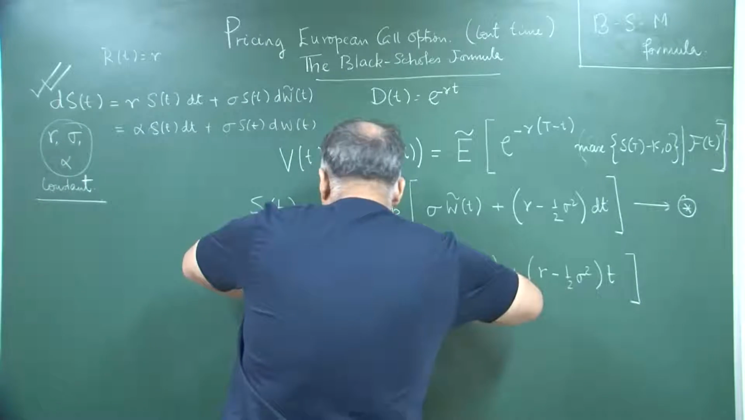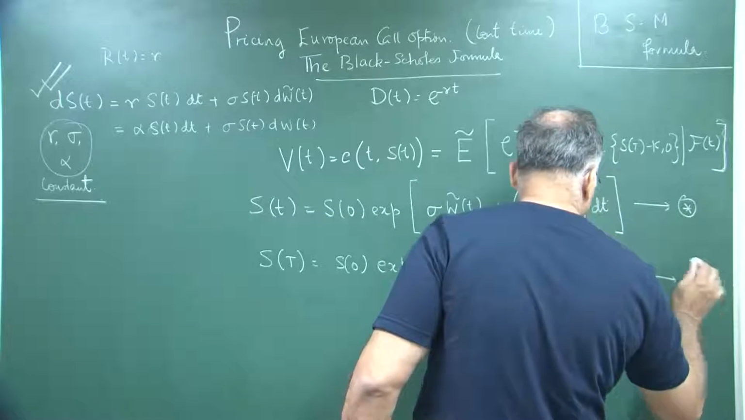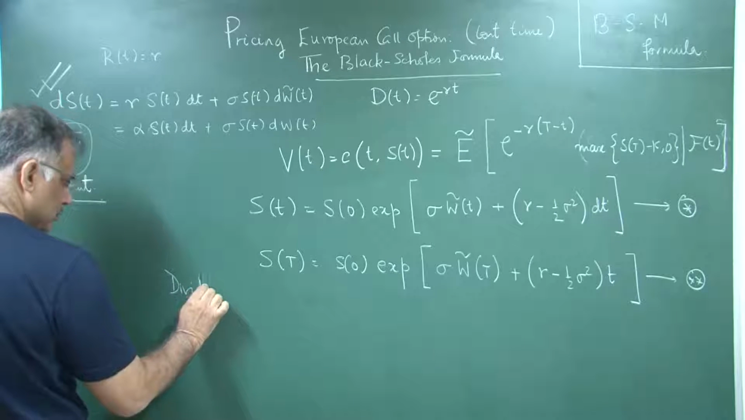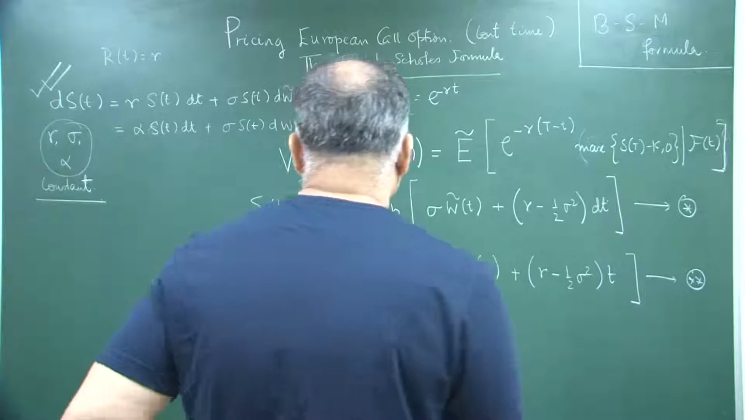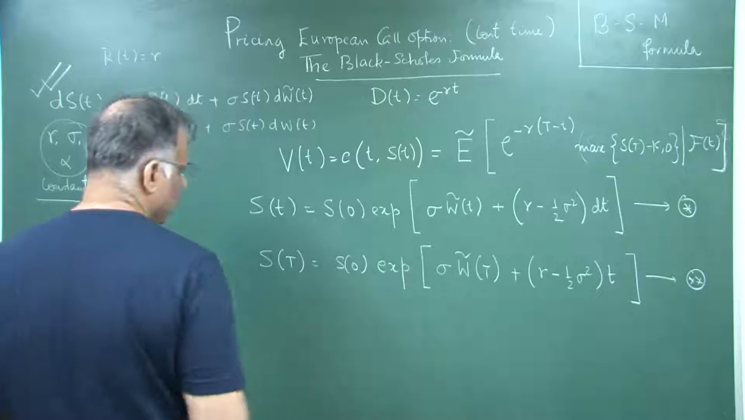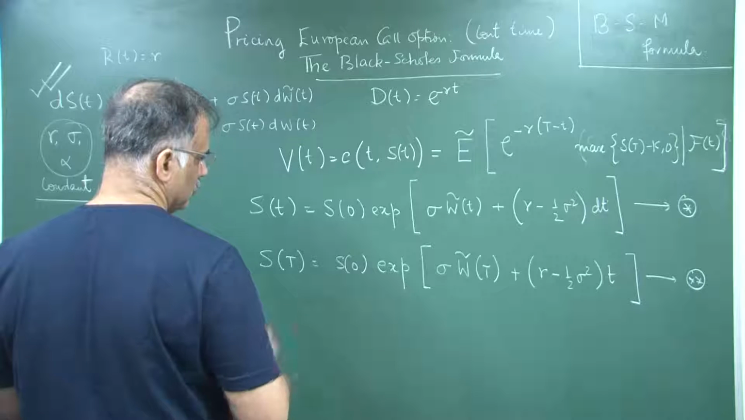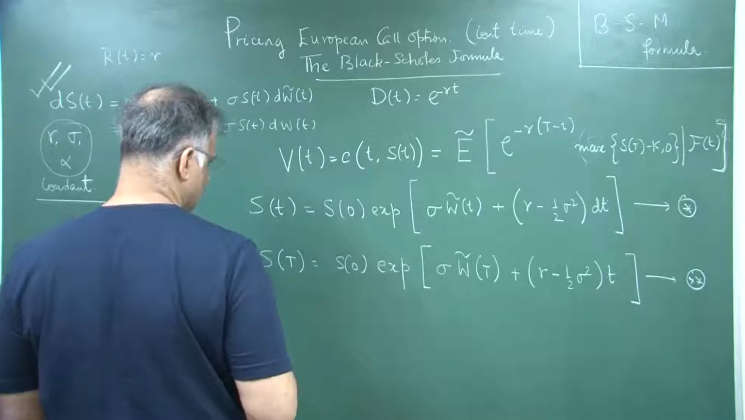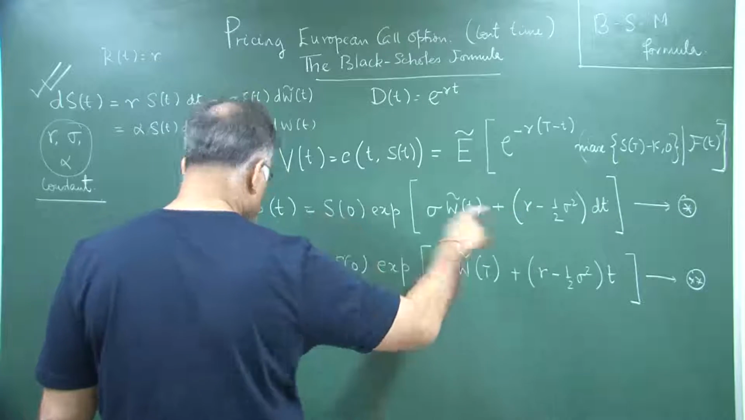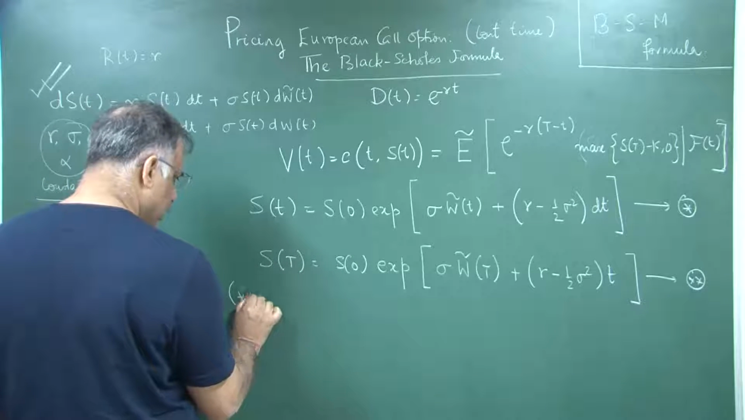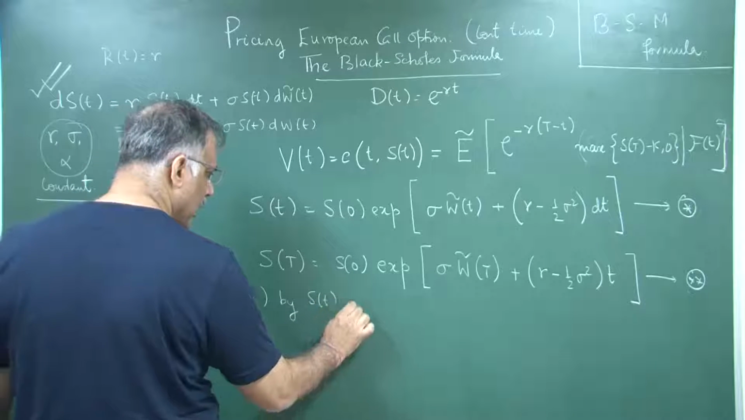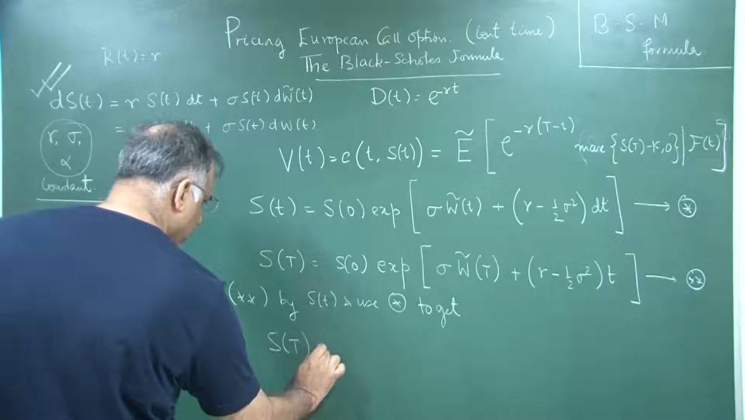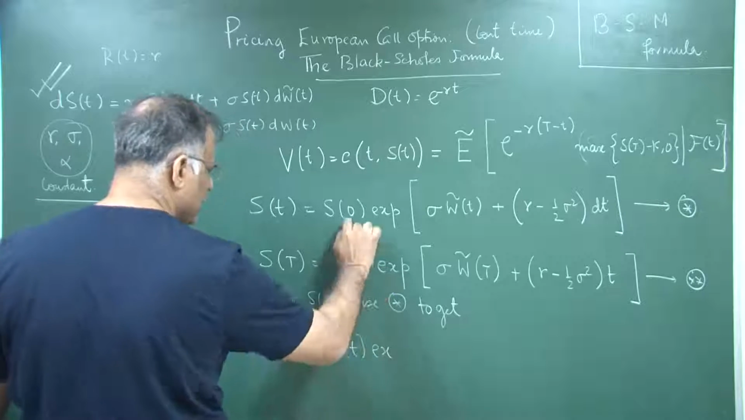Now, if I call this star, double star. So, dividing double star by St, dividing this expression by St, right, now you have to express ST in terms of small St. So, divide both sides of double star by St and use star to get S of capital T is S of small t, because S0 will cancel, exponential